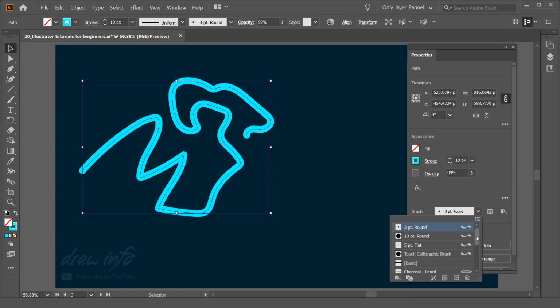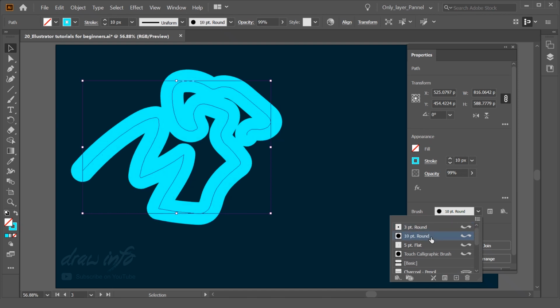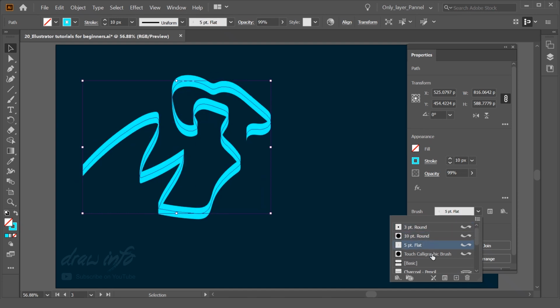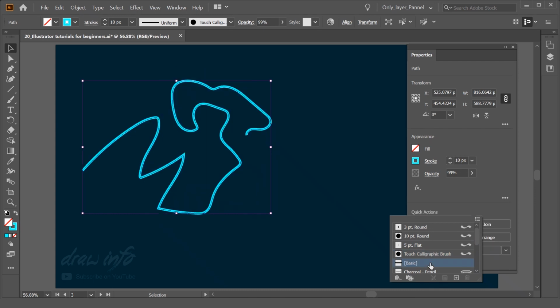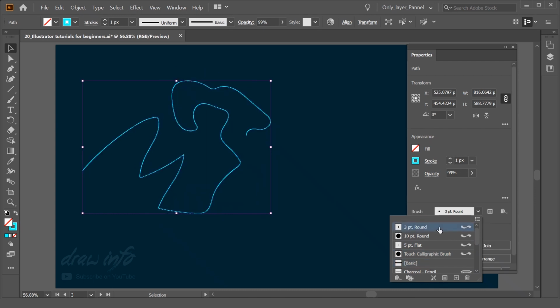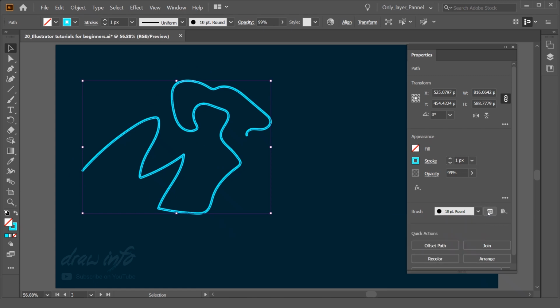Now the important part in the brush tool is this brush. You see there are multiple options over here in the brush tool. You can select this flat brush. These are the options. After this, if you see here, there is an option selection.